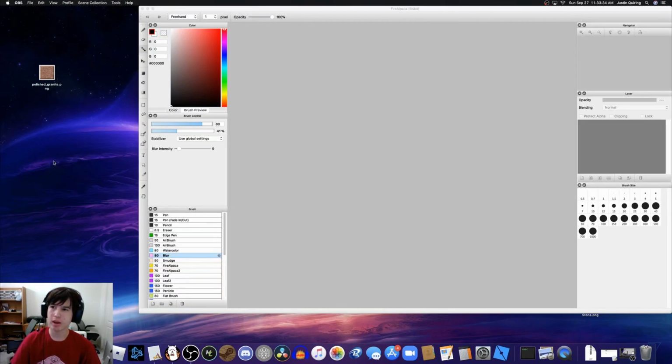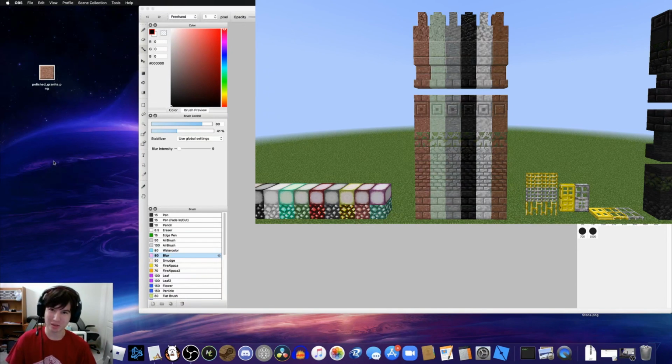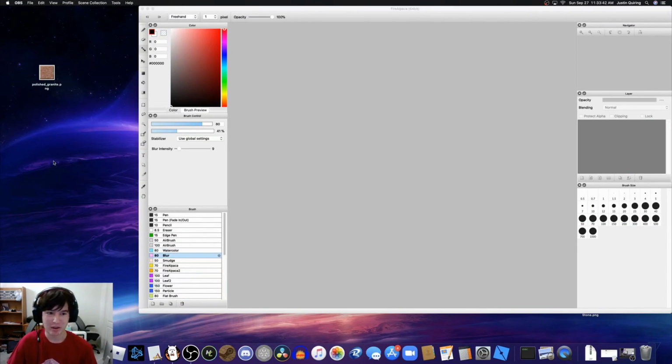Hello everybody, my name is Pickaxe, and today I'm going to be doing a texture art tutorial for various kinds of stone bricks. Now, as you probably don't know, I am actually making a decoration mod, so I have a lot of experience with custom stone bricks. I've made a lot of these textures and I know how they work, so this is going to be a basic tutorial on how to use some simple steps to turn a single polished stone texture into various different kinds